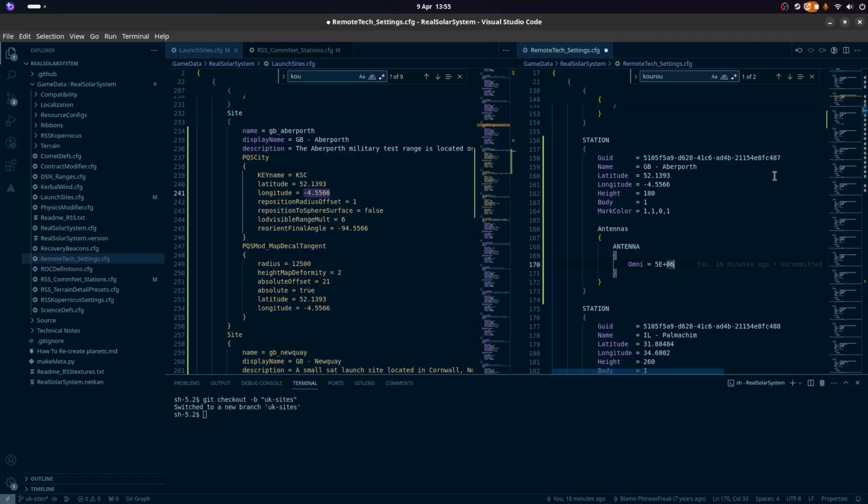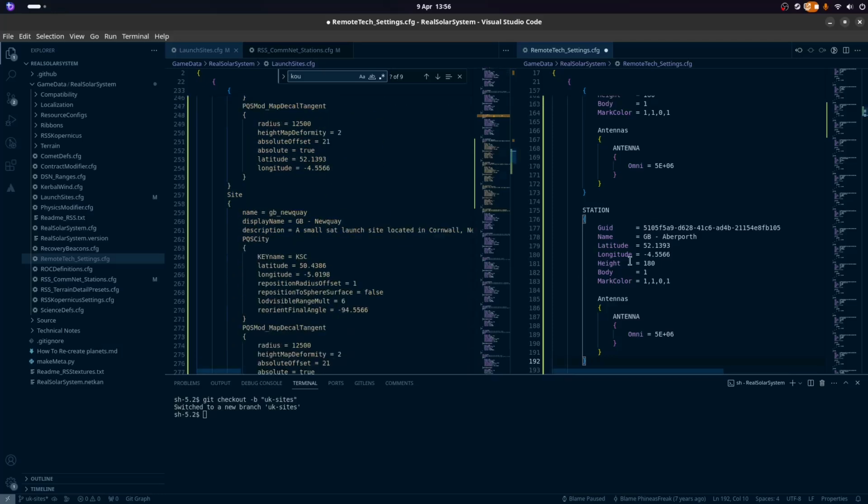Now, I happen to know that the GUID used by, what is the mod called? History of Spaceflight is this. Yeah, you can see it's just those last digits have changed. So I'm going to ensure that is unique. It is, and now we're going to do again. And we're now going to add Nuki.